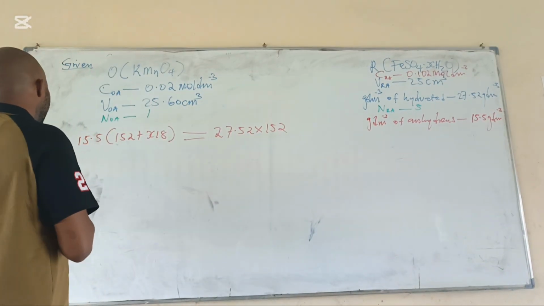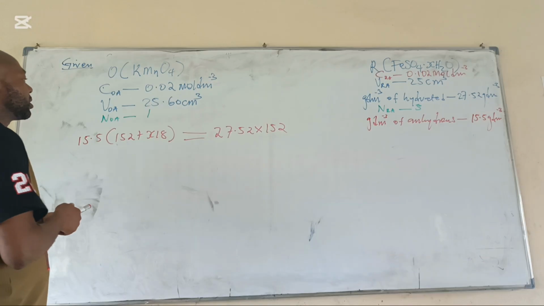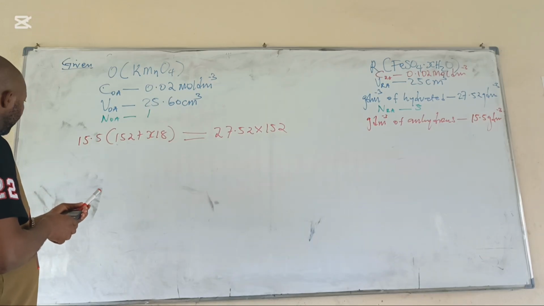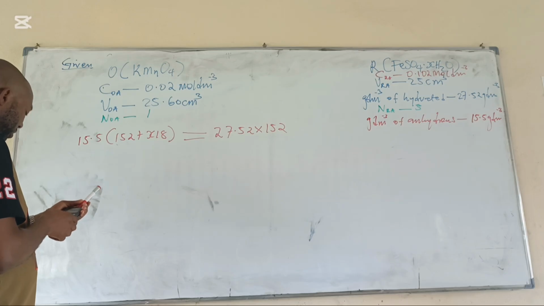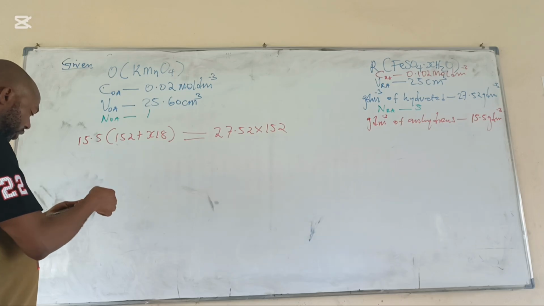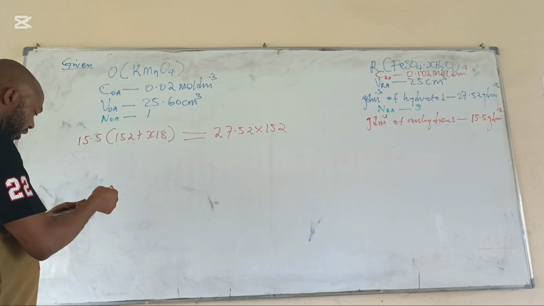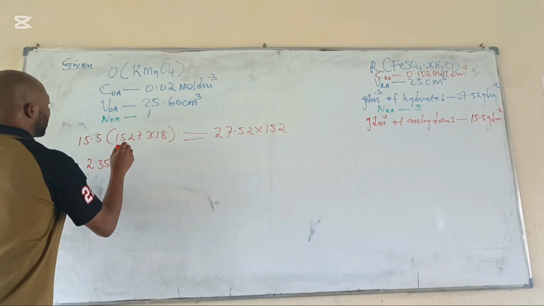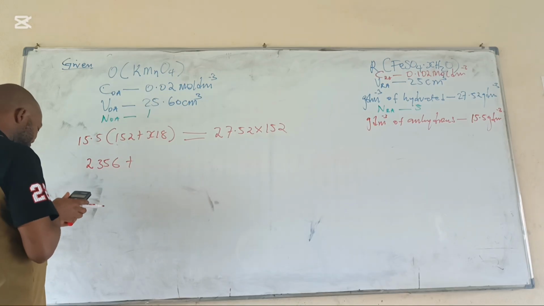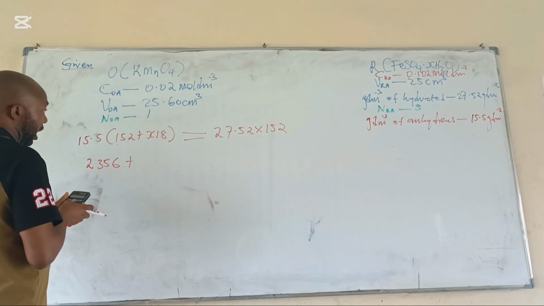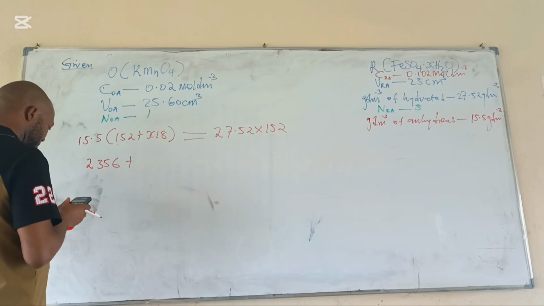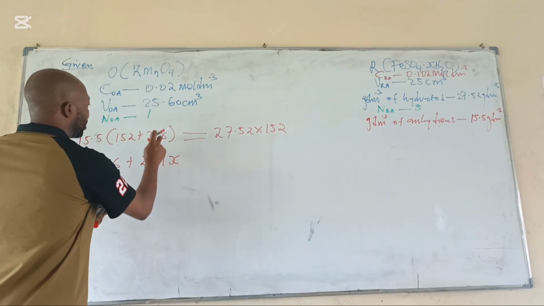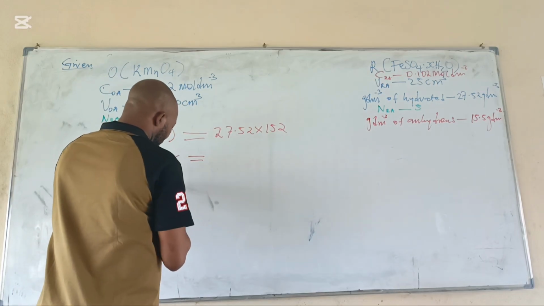Now we go. 15.5 times 152 is 2356. 2356 plus 15.5 times 18 is 279x, because there is x here, and this is equal to